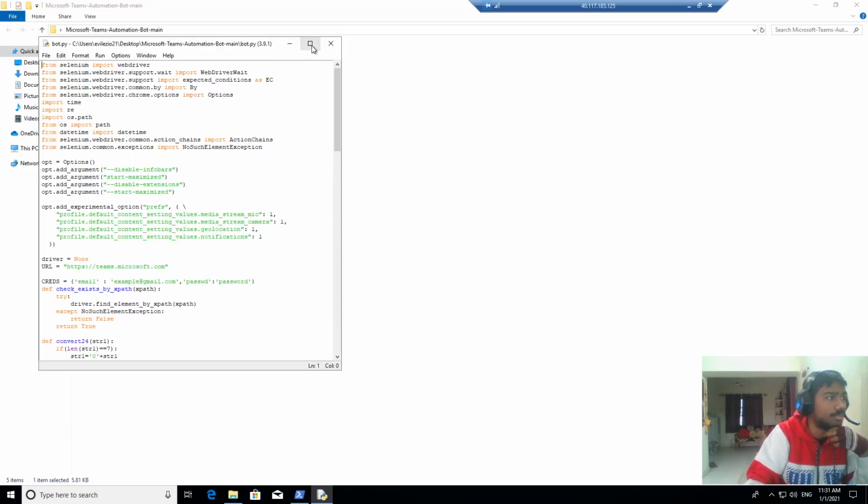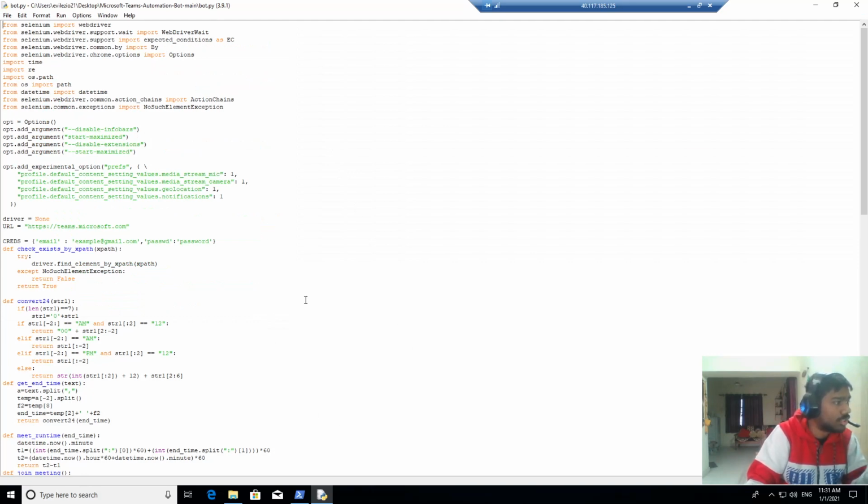But this is Python's IDLE, so you can write your email and password here. Here you have to replace the things.